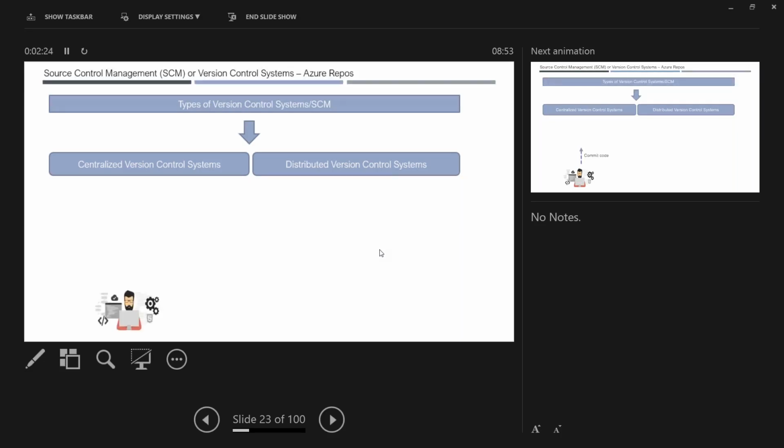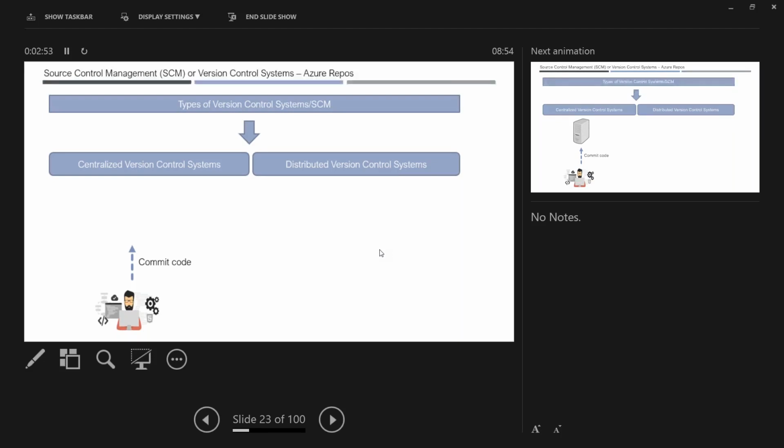So what is a centralized version control system? How does it work? There is a little difference in how it works. You have a developer doing the coding using Visual Studio or whatever IDE they are using. As soon as he completes his development, he needs to keep that code somewhere else, basically on a server.